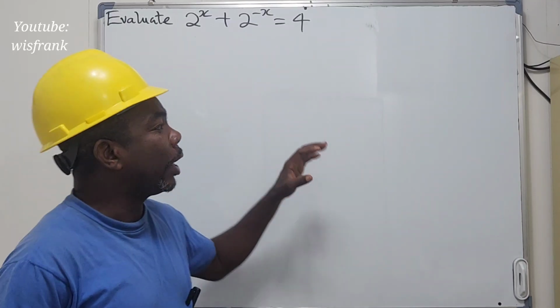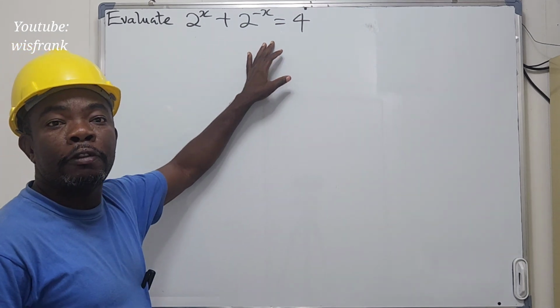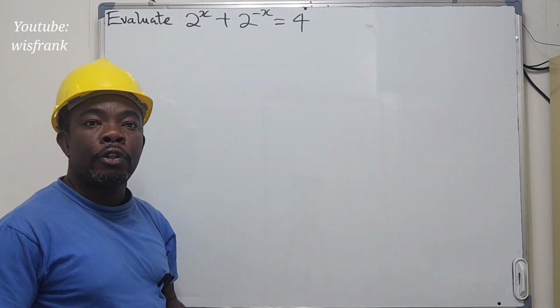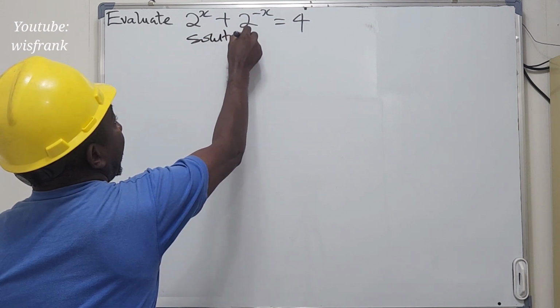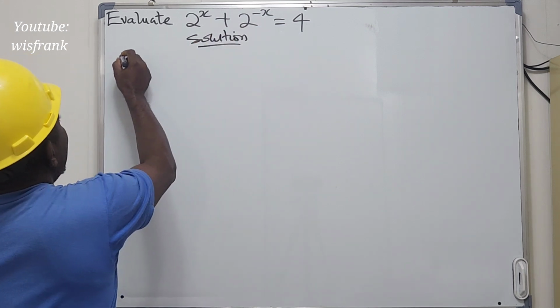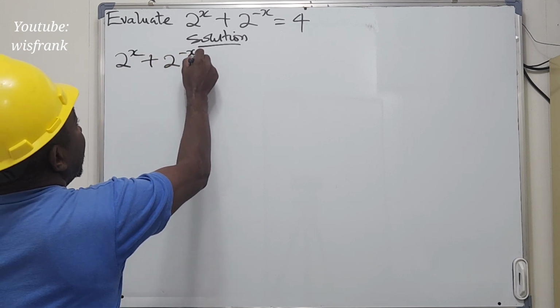For today, we are looking at this question and it says evaluate 2 to the power of x plus 2 to the power of minus x equals to 4. So we are going to evaluate this for us to find the solution of x. For the question, we are given 2 to the power of x plus 2 to the power of minus x